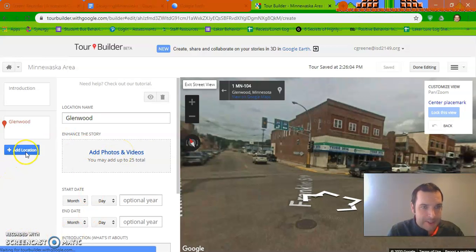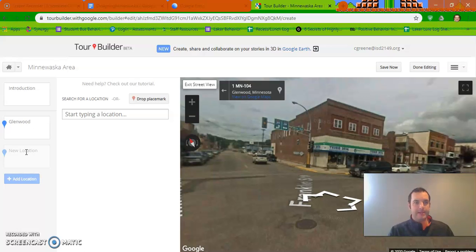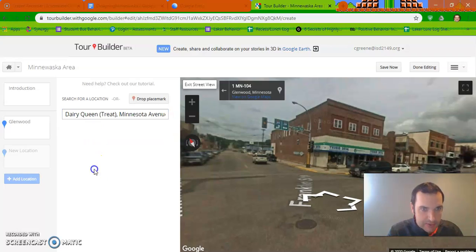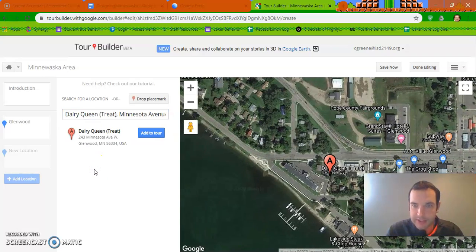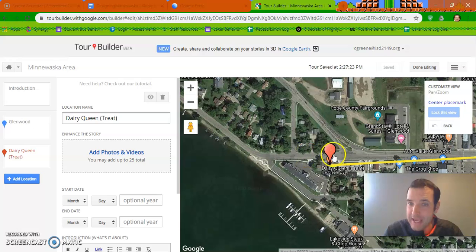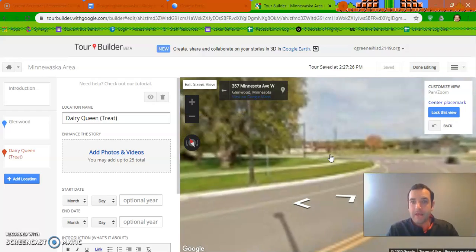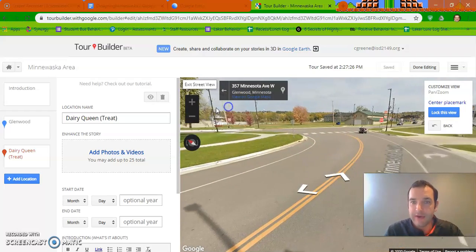I'm gonna add another location because I love the Dairy Queen. I'm gonna type in Dairy Queen right here and let's see if it takes me to the Glenwood Dairy Queen just down the road. There it is right there, okay? I'm gonna add this to my tour so that pin is now on there. Now I'm gonna put my little guy right next to the Glenwood Dairy Queen. So it brings you right down to the street. If I move around,